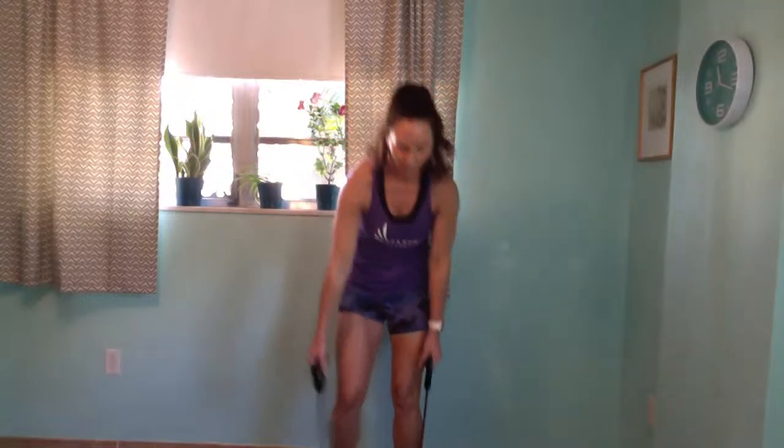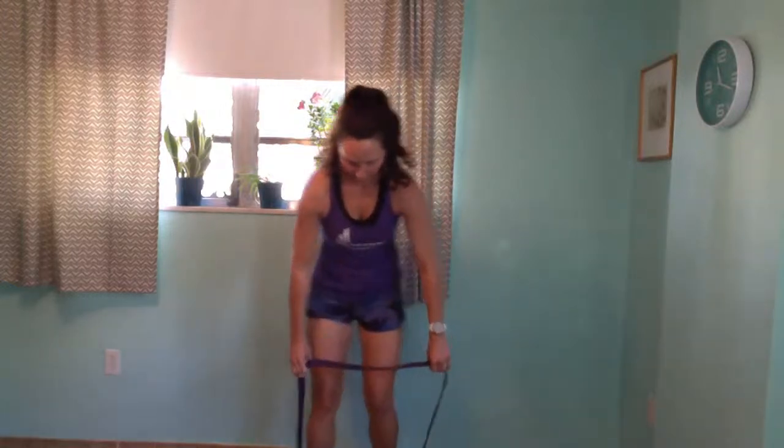Place them under your feet securely. This is the movement, elbows up high. So feel free to use that or the power bands. Again, you just step your feet into them, and then we're going upright row. Let's see if I can do this one. So upright row, 1,